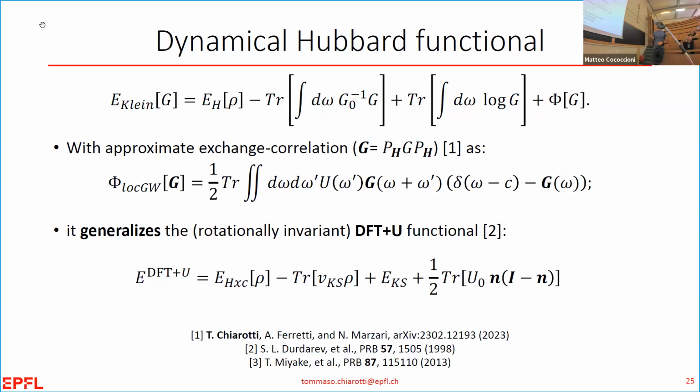Yeah, so this is just a framework that you work with, let's say. This is exactly the counterpart of energy functionals in DFT, but with the Green's function formalism instead. This is the Klein function, a function of the Green's function. Here, rho, the density, is just a contraction of the Green's function. So this is a functional of the Green's functions, right?